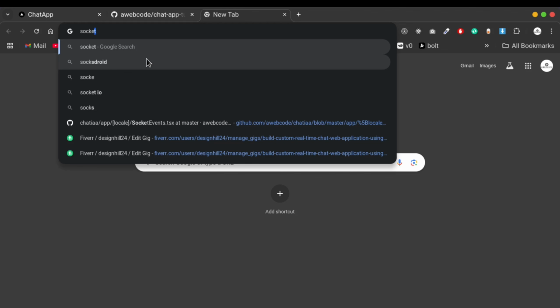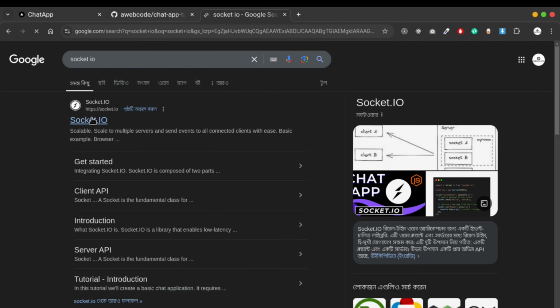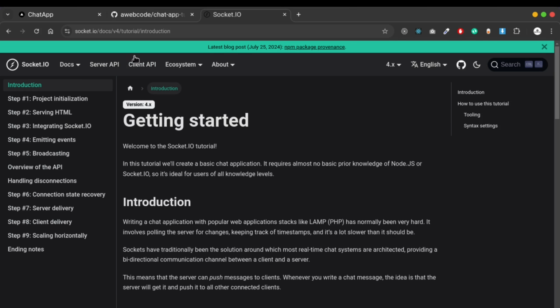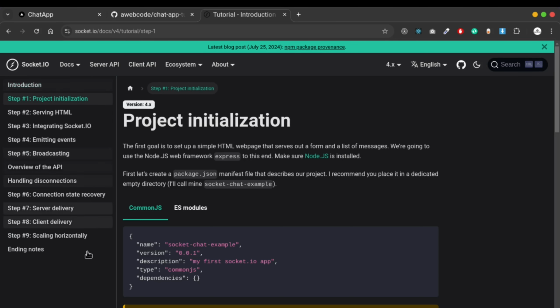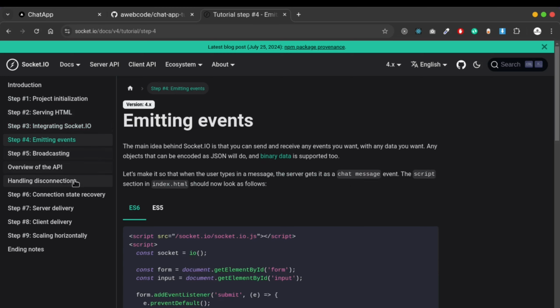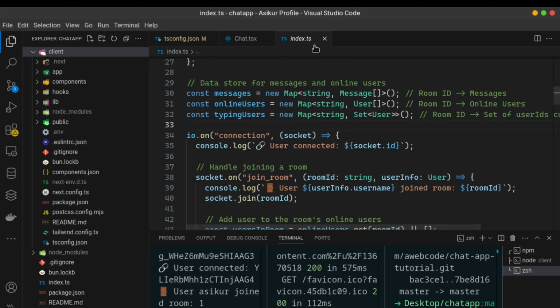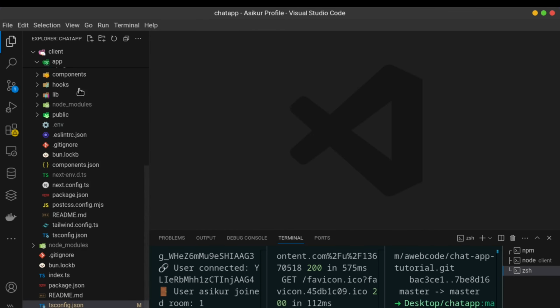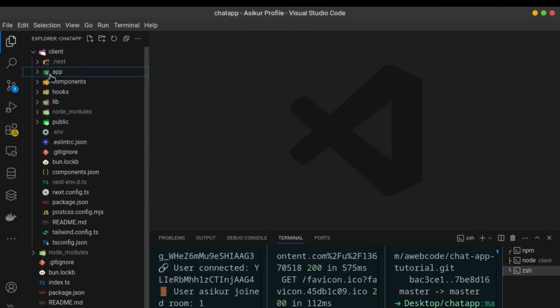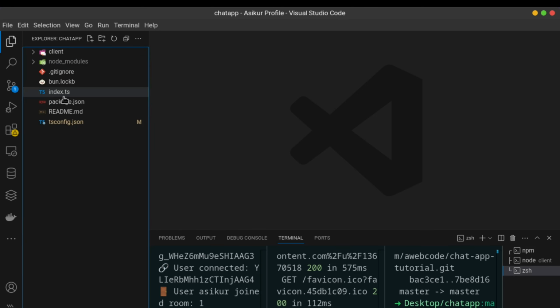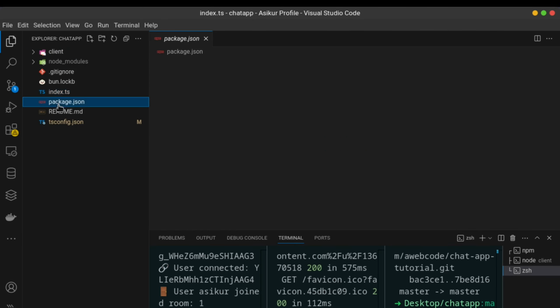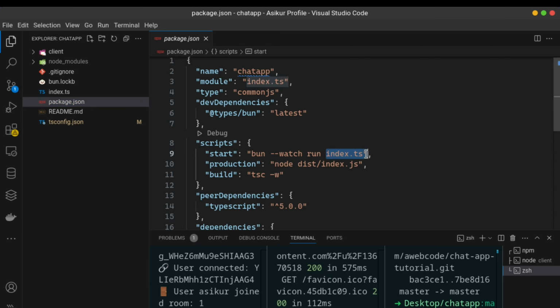You need to read the documentation from here. Everything is the same. You can read their documentation, socket.io and Bun. Bun is very powerful and quick to install everything, and it also has a built-in TypeScript compiler, so it can compile TS files, but pure JavaScript will not be able to compile